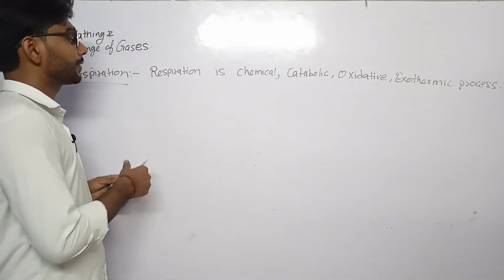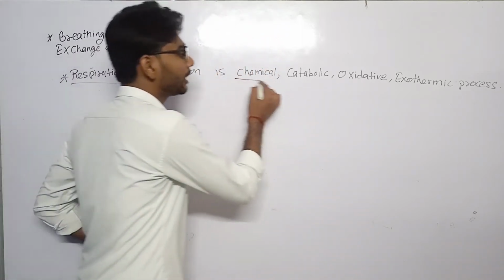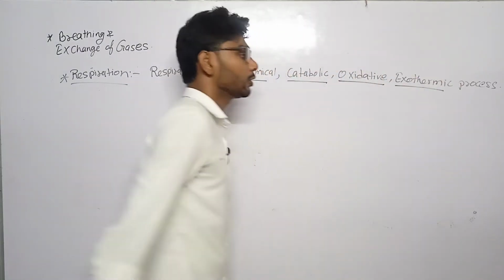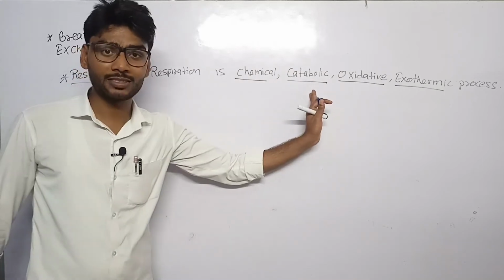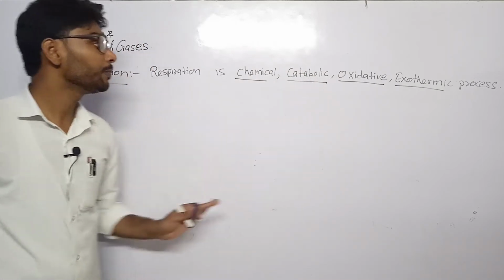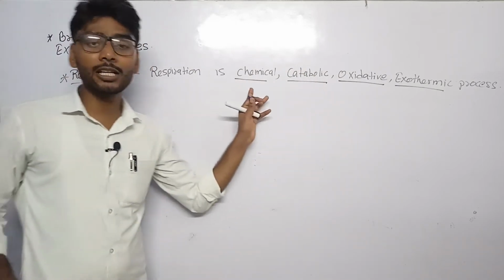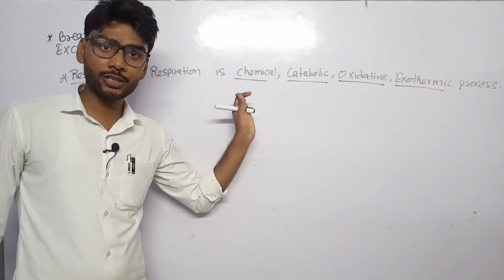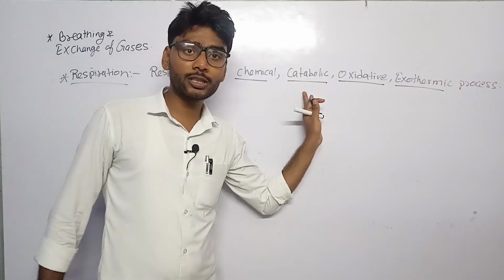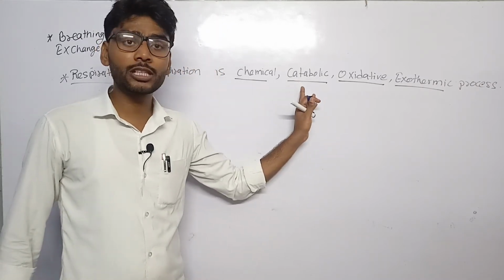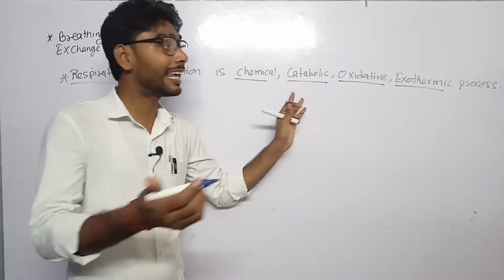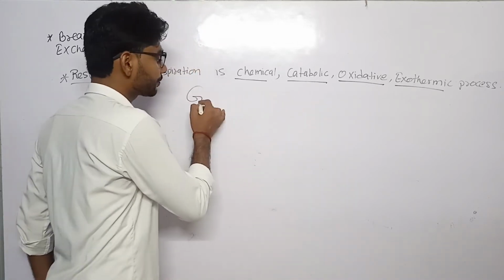Respiration is a chemical, catabolic, oxidative, exothermic process. We already studied catabolism, that is a breakdown process. So respiration is a chemical process, that is, many chemicals are involved in respiration. And it is a catabolic process, in which large molecules are broken down into simple ones. We already know glycolysis, look at here,